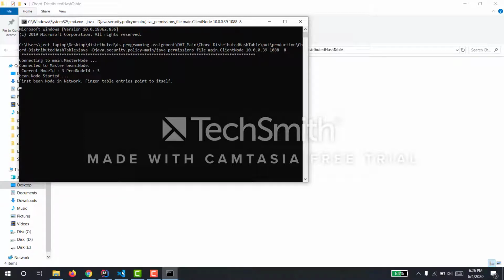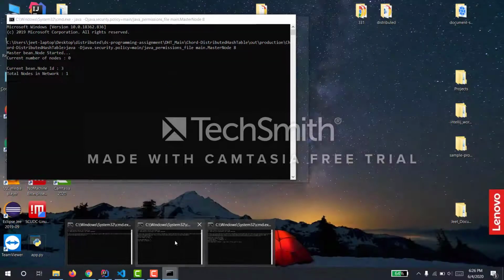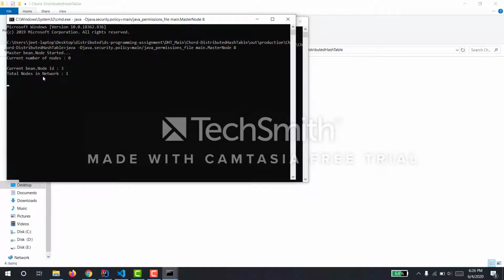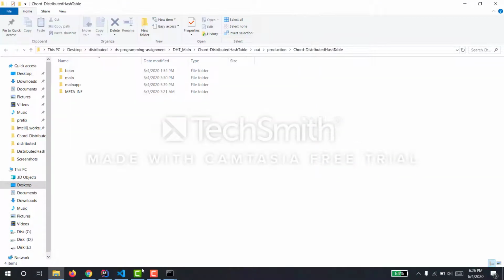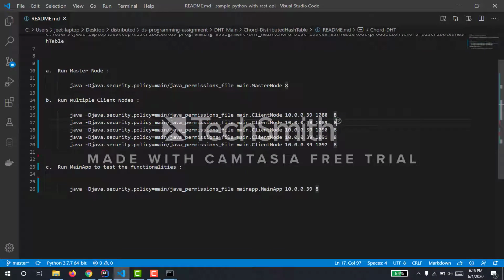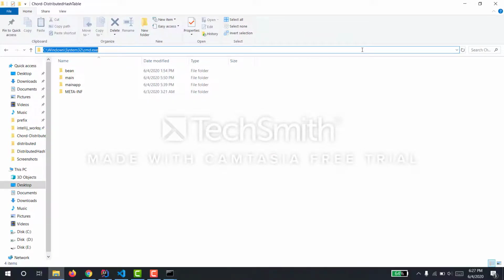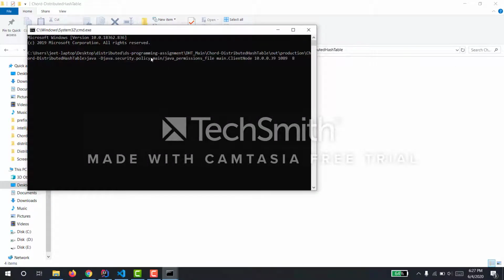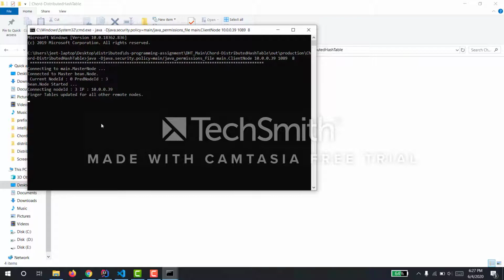The current node ID is 3. You should be getting this inside the master node, which now shows total nodes in the network is 1. Let me start a few other clients. Make sure that the port is different, otherwise it will give port conflicts. So I'll start another node at 1089.